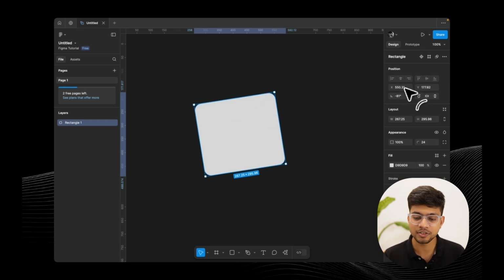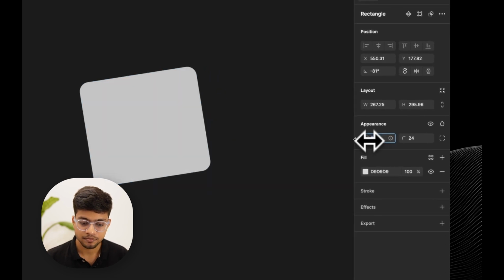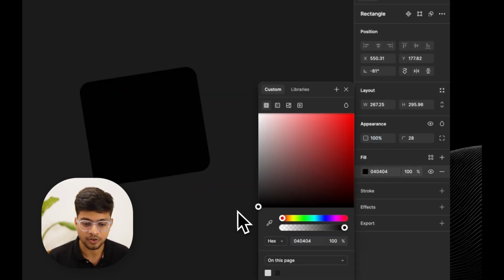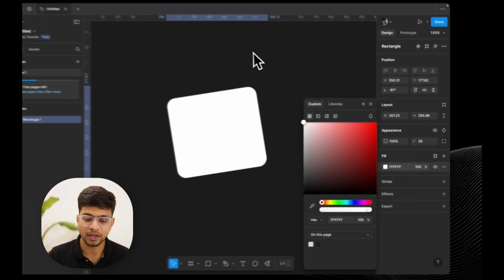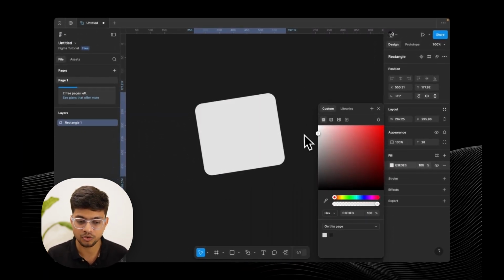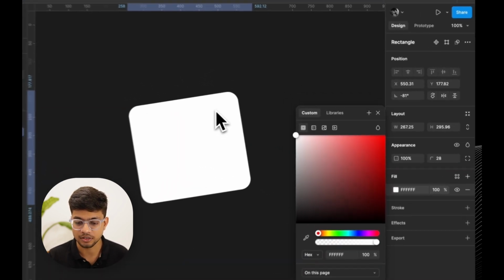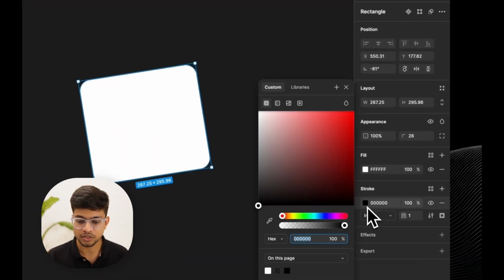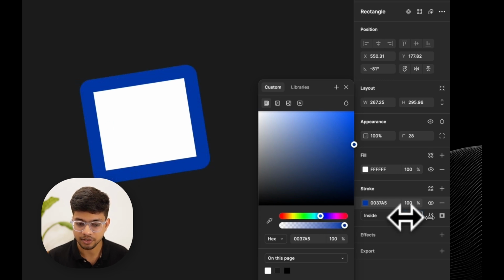It's just that it gives you a little bit more very fine number control that might be required when you're working on a project and you want to have a very consistent design overall. You can change the opacity and radius again. You can also change the color of the rectangle. For now we have created white, but you can change it to any of your desired colors. The next one is stroke. This gives you the capability to draw strokes and also increase the width of it.